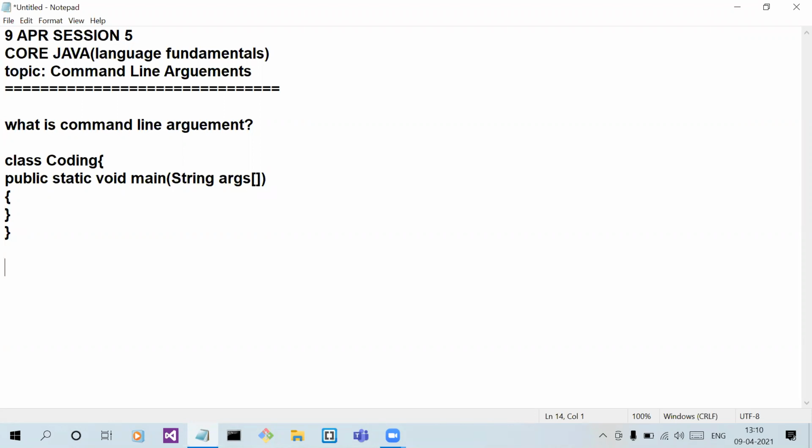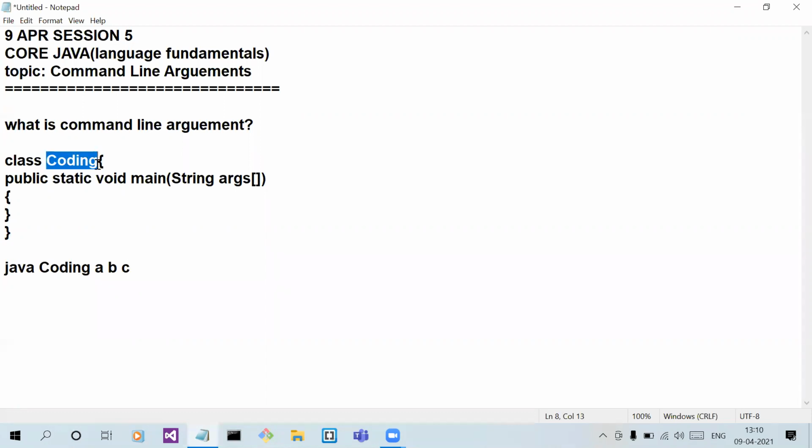Let's say we pass the value like this: java coding, and we pass some values, for example, A, B, and C. Whenever we pass these values, we are just calling this class.